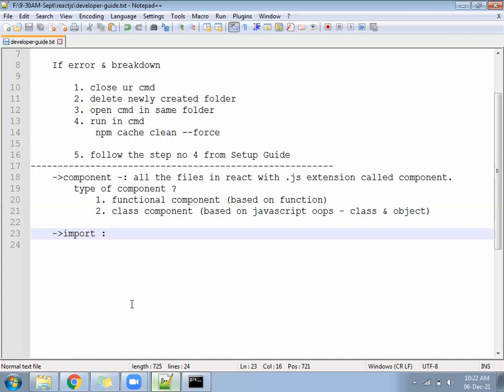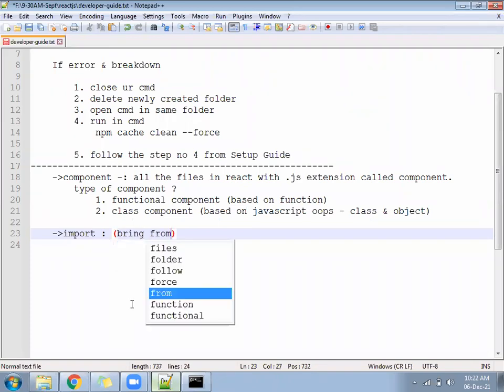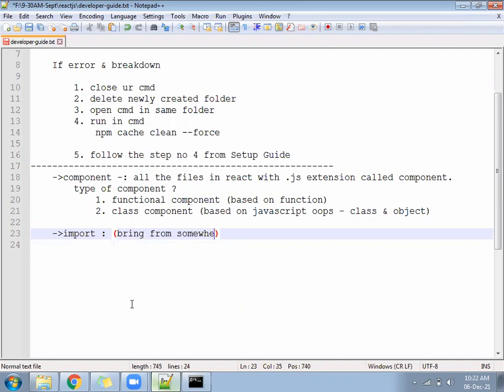While implementing, we will say, okay, import means what? Write in simple words: bring from somewhere. Bring, or bringing, or any other word if you know one. Bring means carrying. Now in React, how does import work?